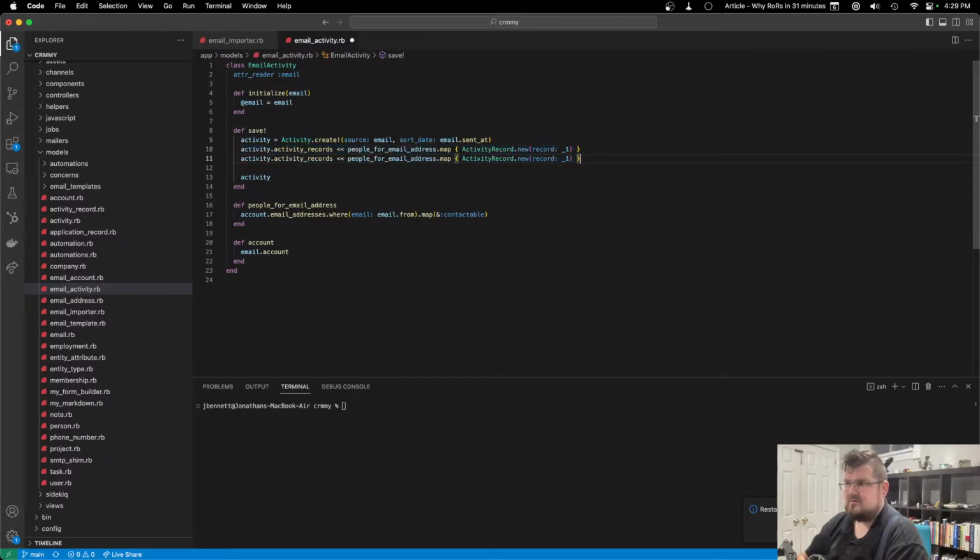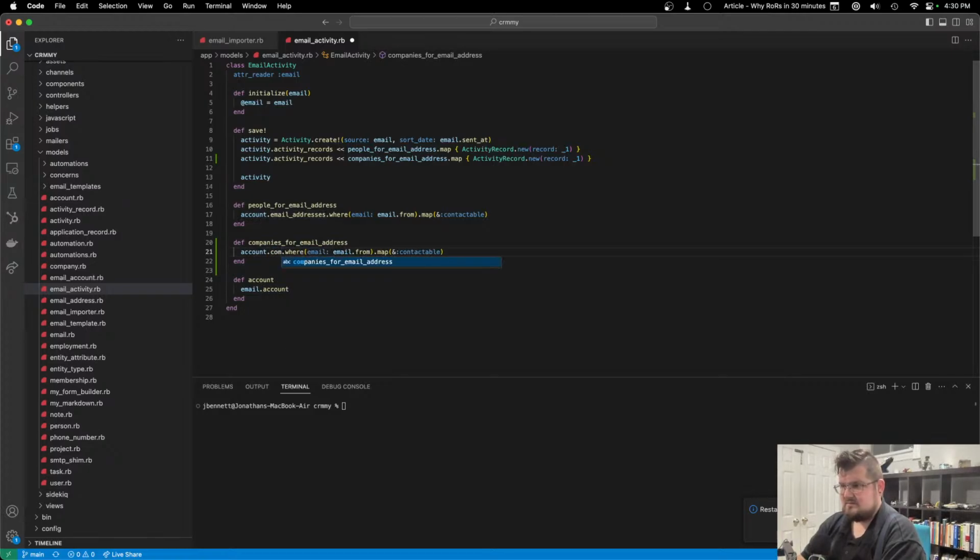So here we want to do companies for email address, something along those lines. Which obviously won't work. But what we want to really be able to do is companies for email address, which is going to look very similar to this. So this is going to be companies for email address, account.email addresses. So it's going to be something like account.companies,